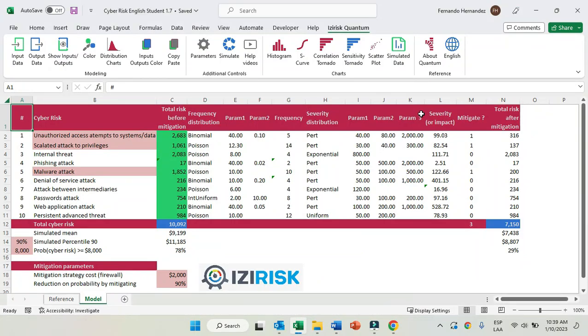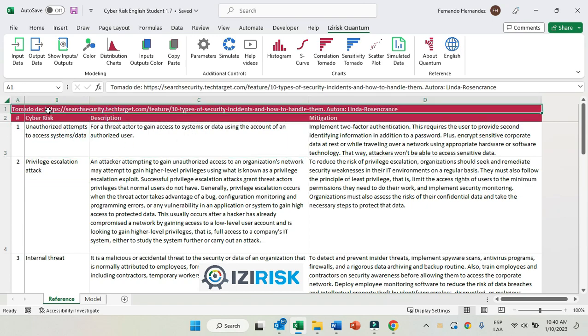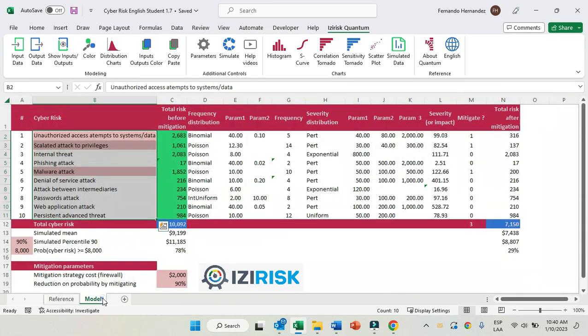So we have built a model named IziRisk, in its English student version, in which we detail 10 different types of cyber risks, according to this reference tab. As you can see, there's a description over here. This is the link I got this information from. And as you can see, I have detailed 10 different types of risks, and then this is a risk register,